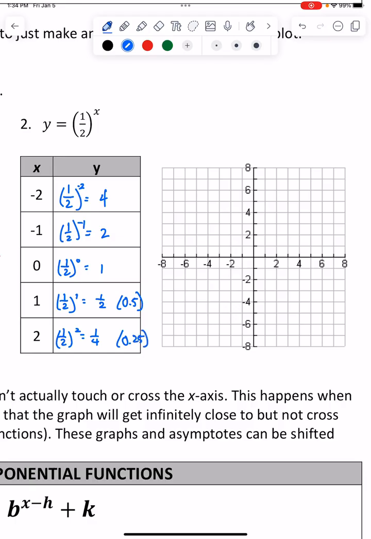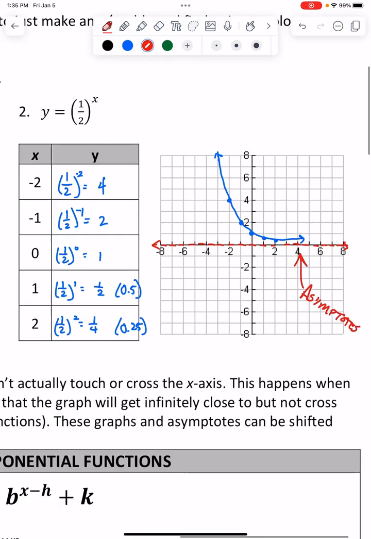So if we graph -2, 4, -1, 2, 0, 1, 1, 1/2, and 2, 1/4. And again, this is going to be the same type of thing here. So this is going to get really close to 0, but it's never going to actually touch it or cross it, okay? So we should see something like that. So again, these things are going to have these asymptotes,